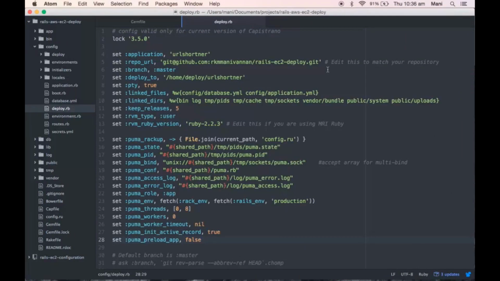Here is my deploy settings. Now we need to mention your application name, your repository URL, and the deploy-to path on the server. These three things, and moreover you need to mention your Ruby version here.